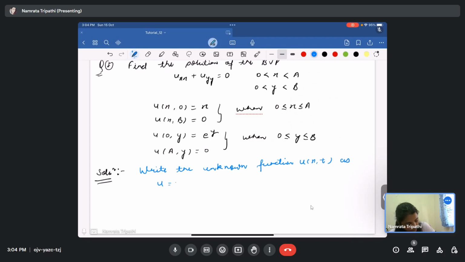First of all, we will break this into two parts, v plus w. v also satisfies the Laplace equation, w also satisfies the Laplace equation, such that v and w satisfy equation 1, let's say, along with